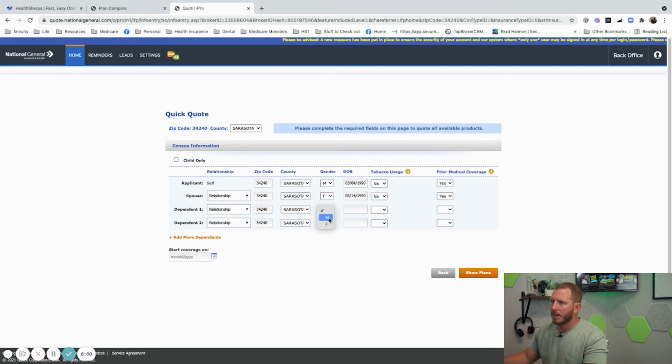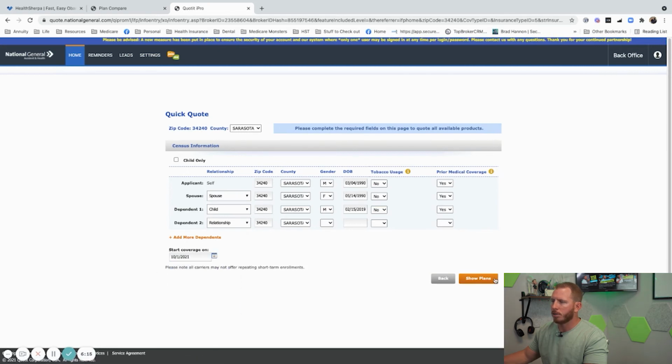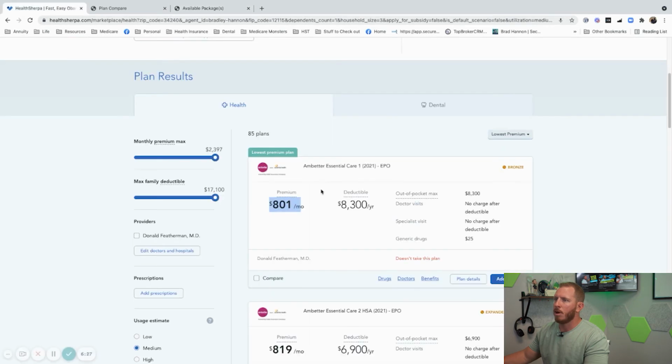And we're just typing in my demographics again, 2/15/2019. We're going to say we had prior medical coverage because we did. And we'll just say we're looking for October 1st. Similar to United Healthcare, they're going to have some available options as well that you'll see are going to be a little bit more affordable than the options you're going to see on the marketplace for somebody with no subsidy